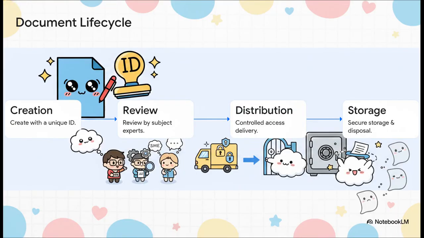What's really fascinating is how the standard treats documentation as a living life cycle. Every single document has to go through this exact, organized progression. It starts with Step 1, creation, and giving it a unique identifier. Then, Step 2, it moves into review and approval. After that, we have Step 3, controlled distribution, meaning only the right people get access. And finally, Step 4, secure storage and disposal. When a document outlives its usefulness, it has to be securely destroyed so obsolete data doesn't come back to haunt